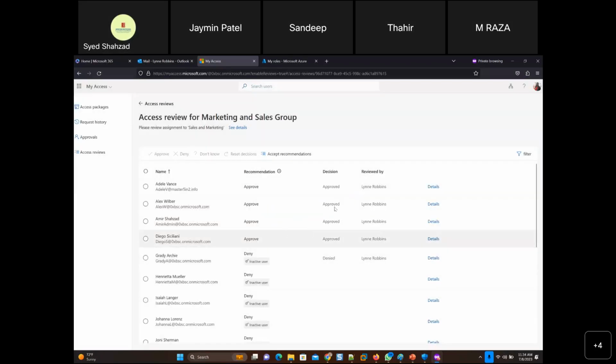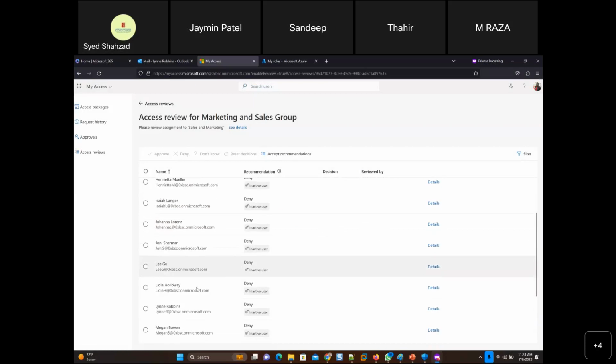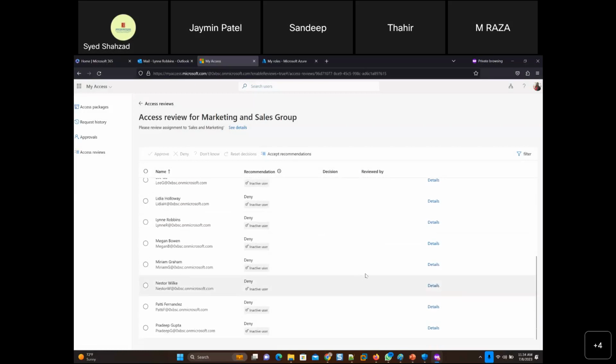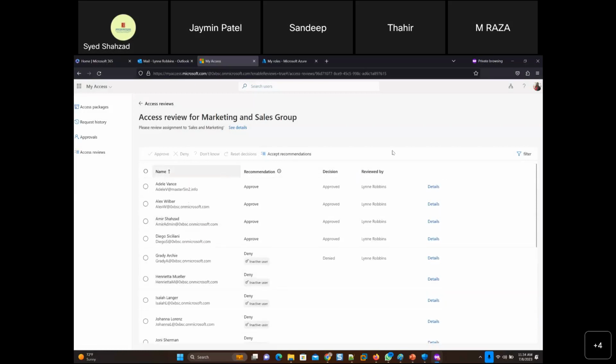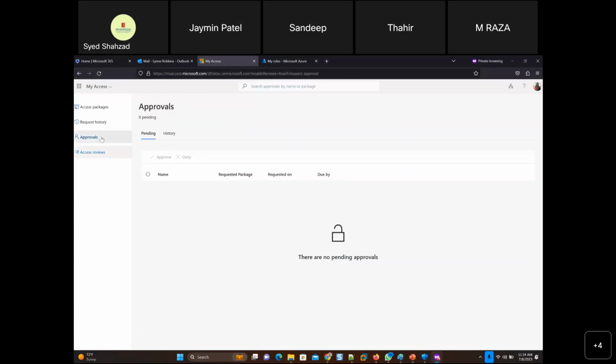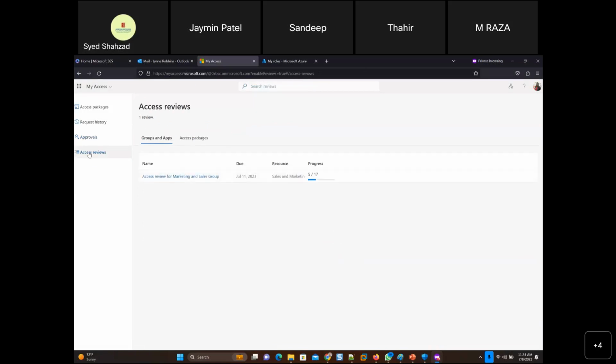Or you can give any other reason. So then you can select multiple users and keep doing that. Wow, that's all users. Anyway, so this is access review and it's pretty good. And approval. So this whole thing is obviously audited, and the report goes to the global admins as well. Okay. Oh, okay. I can't hear your voice loud. Now good. Okay, cool.